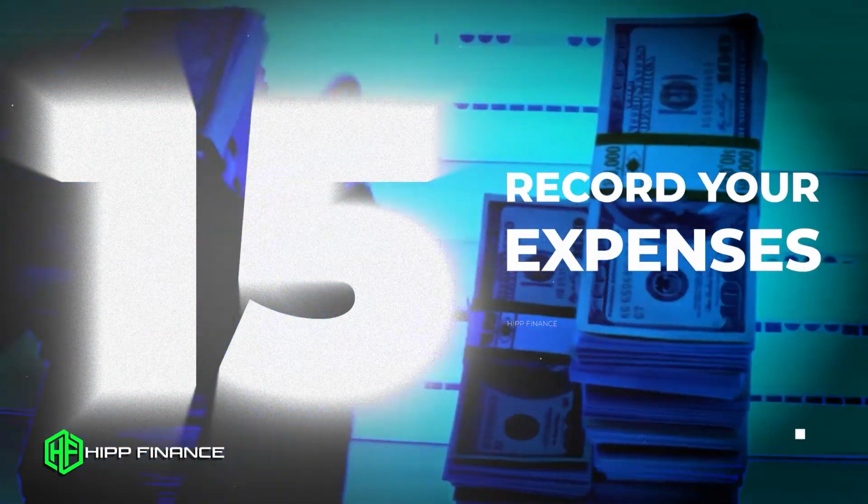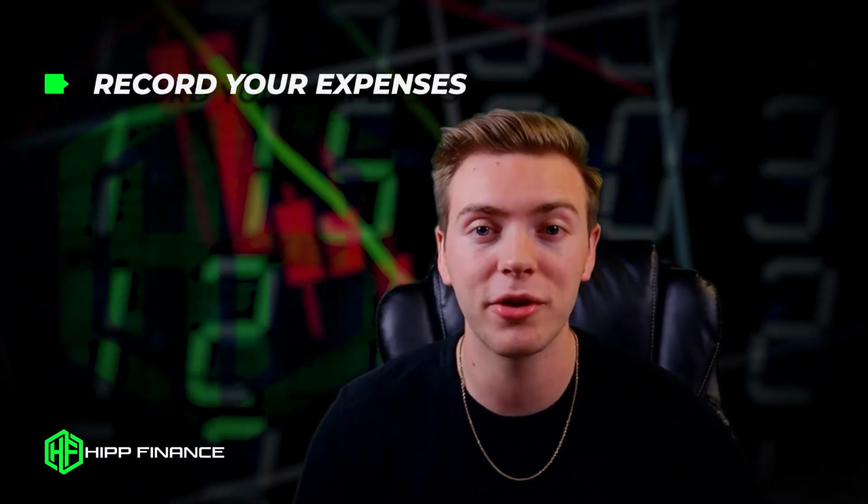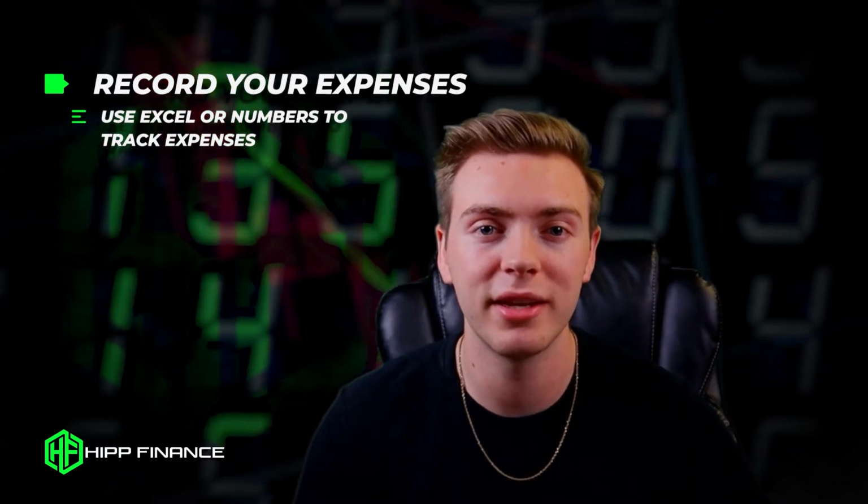So I'm going to be going from 15 down to 1, so let's start with 15. 15 is to record your expenses. One of the most important and easiest things that you can do as the first step to saving money is record your expenses. You can make a Microsoft Excel sheet, which is our go-to method to keeping an eye on